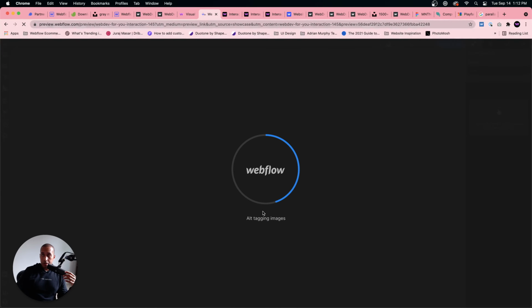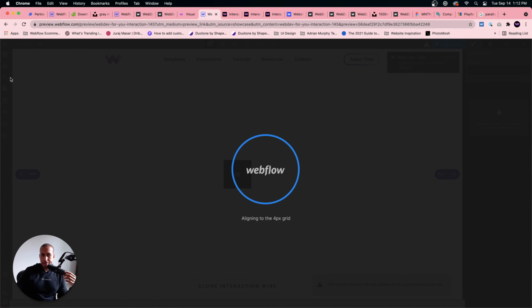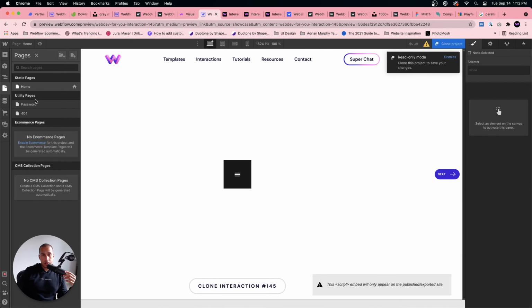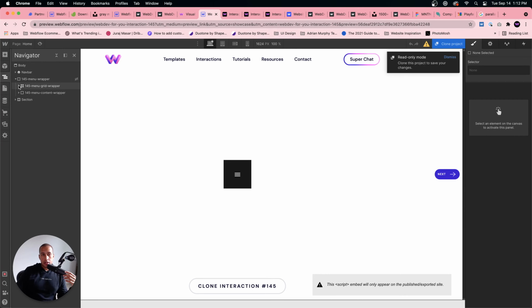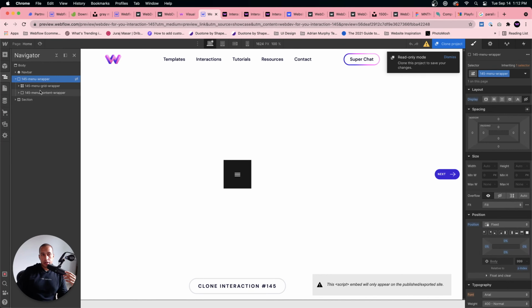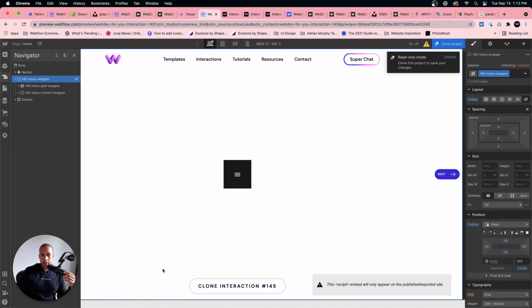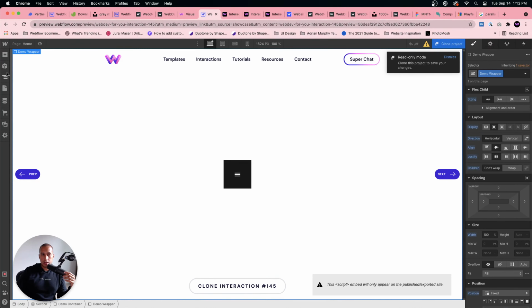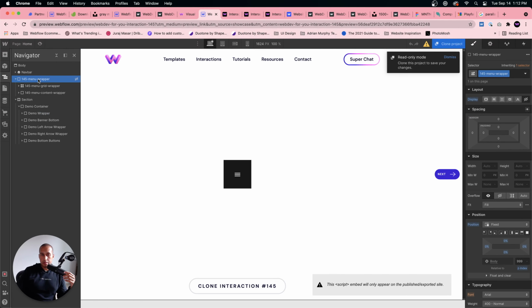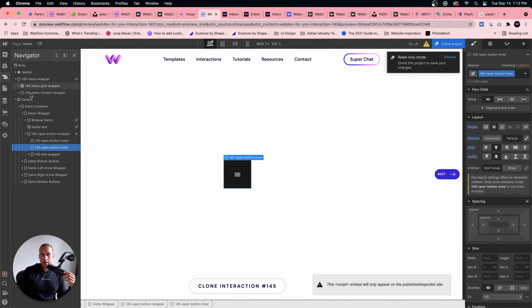I'll open it in Webflow, and let's go to the navigator. So for all of my clonable projects, you don't need to clone the nav bar or some of this bottom section. You can just copy and paste the menu wrapper, and then you would want to copy this button too,